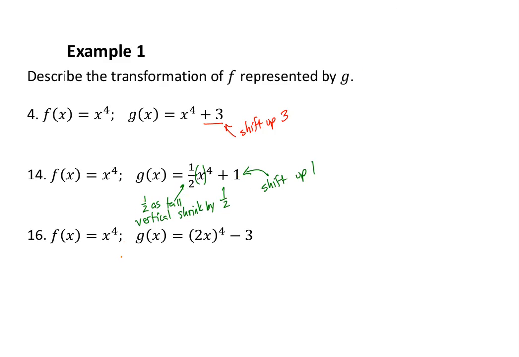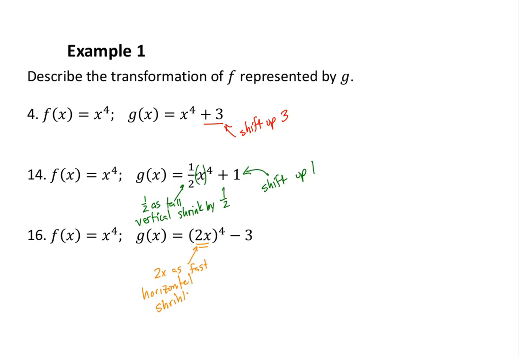All right, and then number 16, our final example from this section. Again, we start off with our parent quartic function, our 4th degree parent function here. Now we've got a times 2 inside. See how it's grouped with the parentheses being raised to the 4th? That means it's a horizontal adjustment. And then a minus 3 outside. That times 2 inside means 2 times as fast, or a horizontal